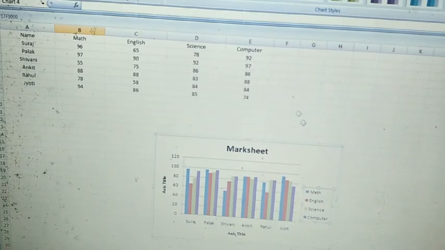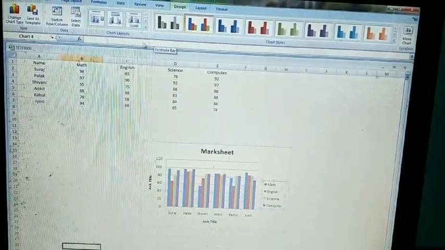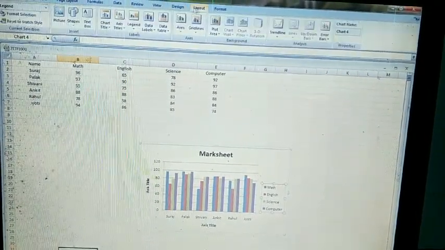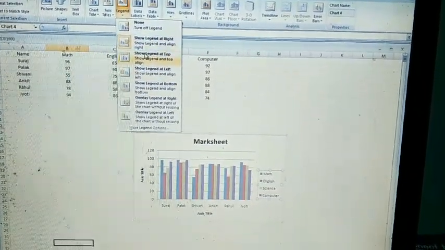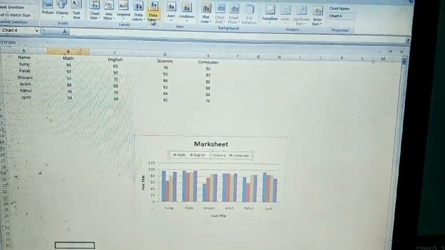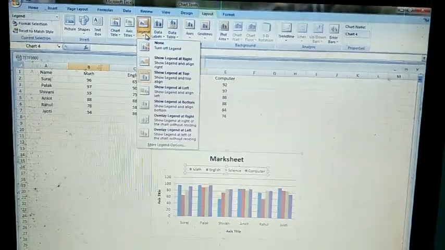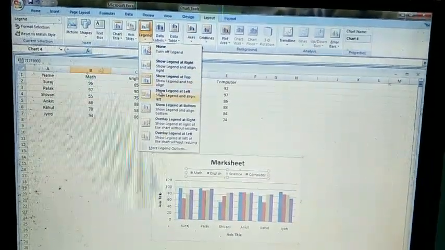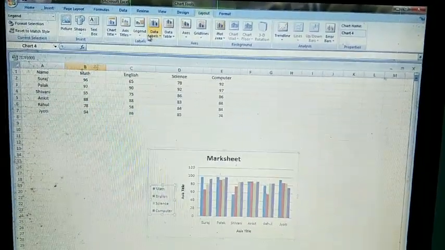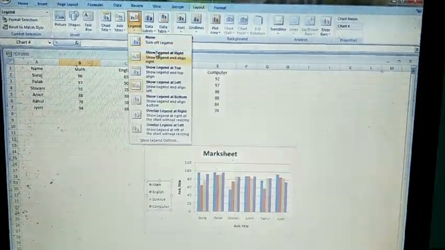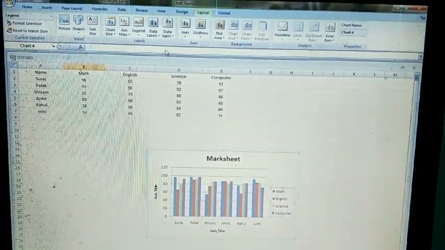Next one, legend. This one is called legend. You can apply this option to change the style of the legends. So legend at the top, legend at the left side. In this type of changes you can do with the help of this legend button.